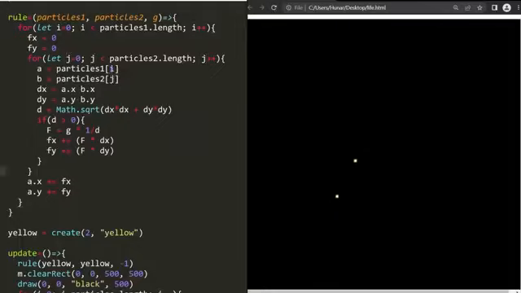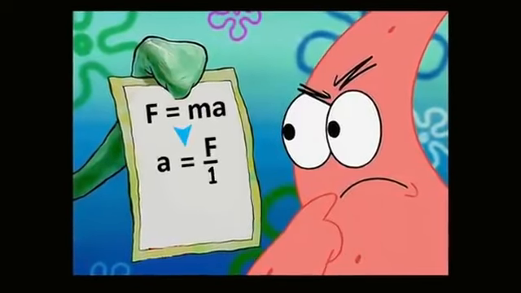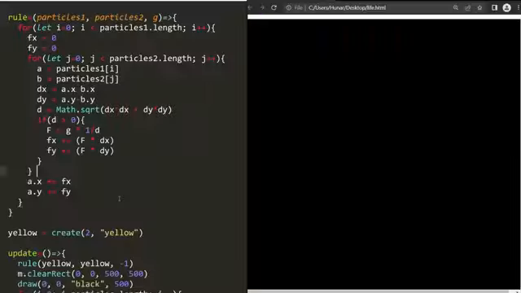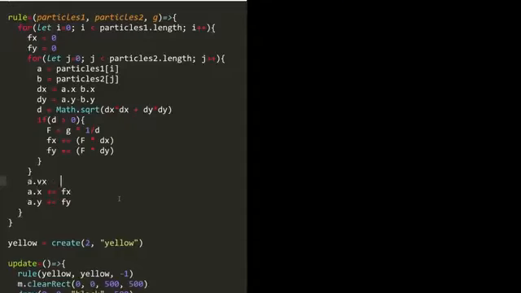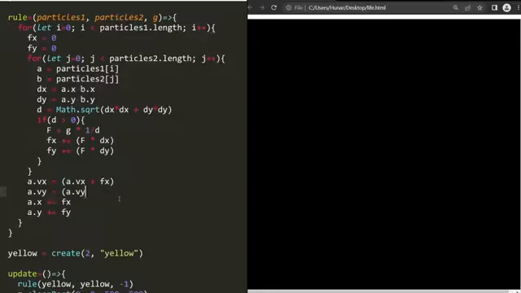However, there is something wrong. According to Newton's second law, applying a force to something causes acceleration. Therefore, we must increment the velocity of the particles by the applied force and then change the positions according to the new velocity. Now, when the particles reach each other, they are so fast they can't stop immediately, so they